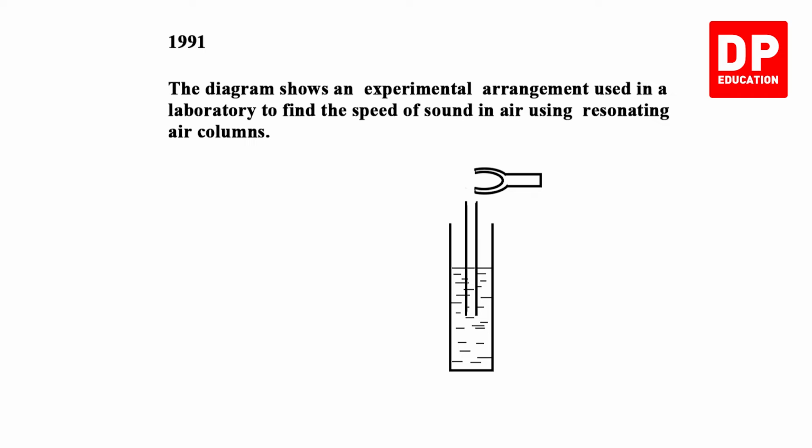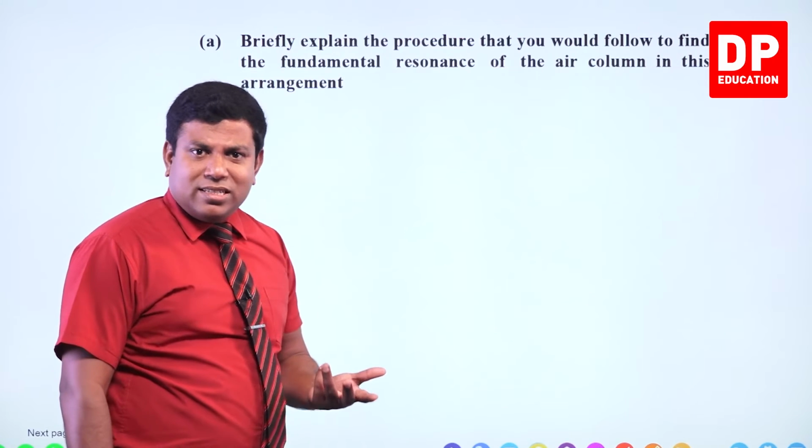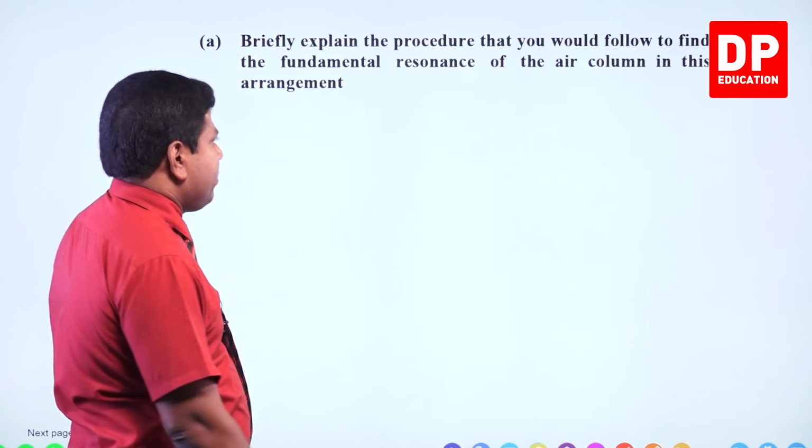The diagram shows an experimental arrangement used in a laboratory to find the speed of sound in air using resonating air columns. So, the usual arrangement that we have. Briefly explain the procedure that you would follow to find the fundamental resonance of the air column in this arrangement. So, it's a repeated thing that we have been writing. You can simply say,